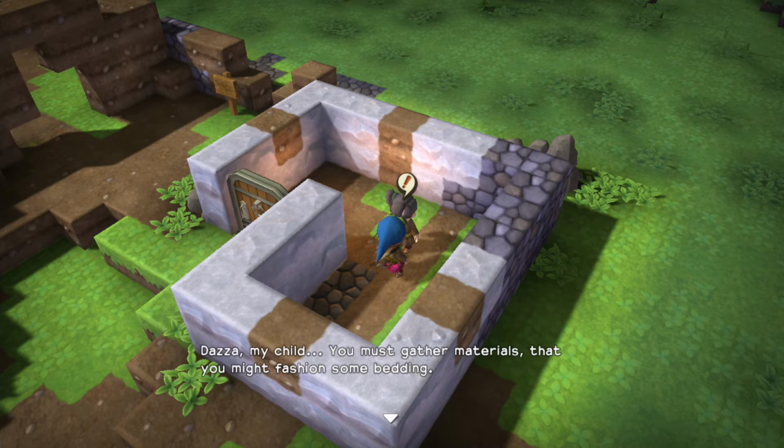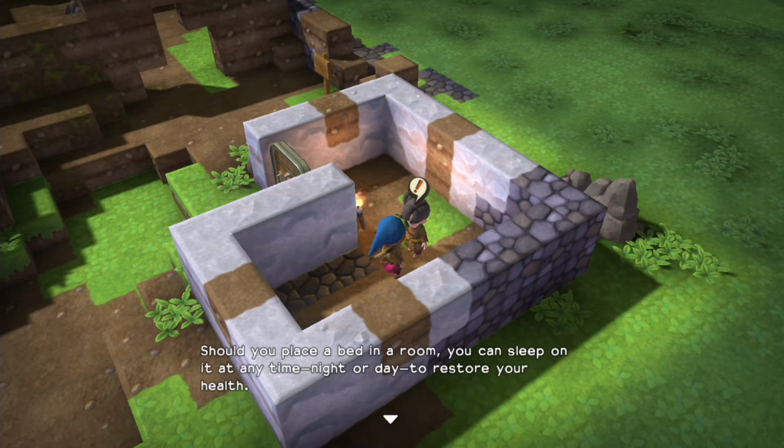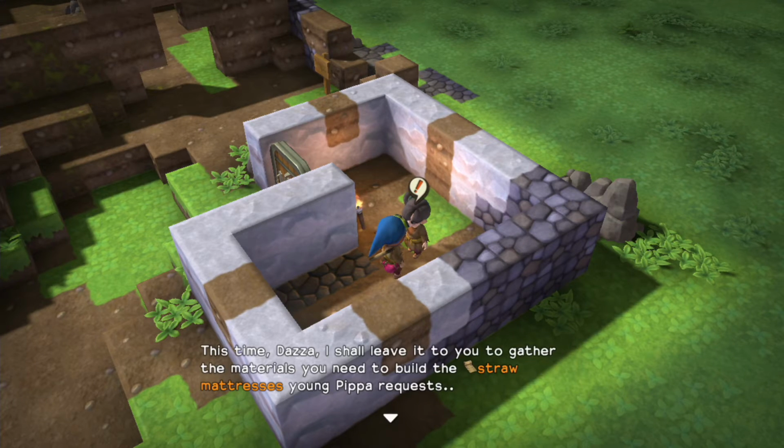Dazza, my child, you must gather materials that you might fashion some bedding. Should you place a bed in a room, you can sleep on it at any time, night or day, to restore your health. It would be great if you could make 2 things to sleep on. If we had two beds, we could sleep next to each other. Creepy. This time, Dazza, I shall leave it to you to gather the materials you need to build the straw